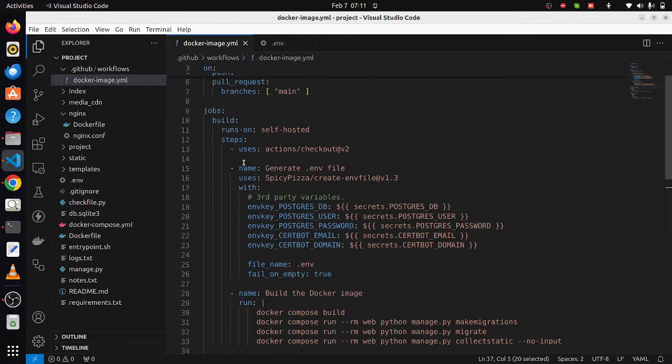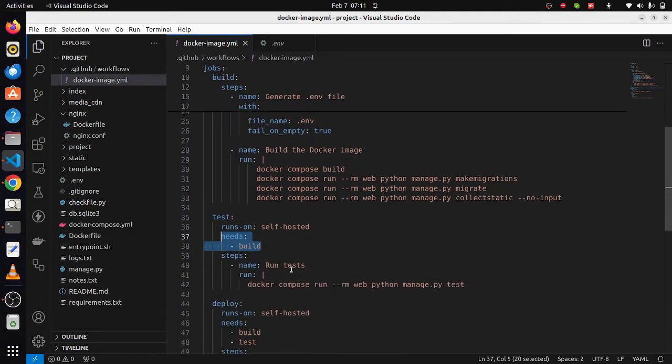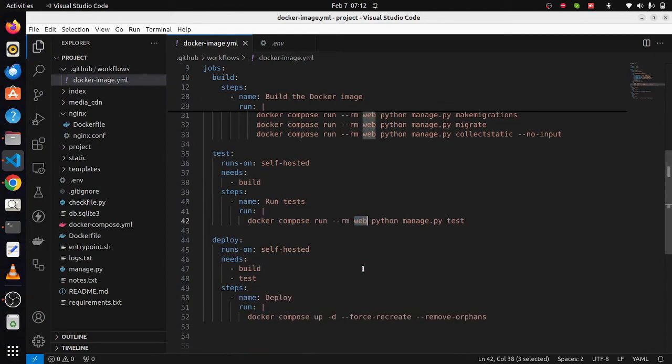So this is the order: build runs first, and when everything has been built, it runs this. You cannot be running tests when your Docker has not been built. The name is run test, and we have docker compose run web, which is the service, python manage.py pytest, and if our test is successful, it continues to the